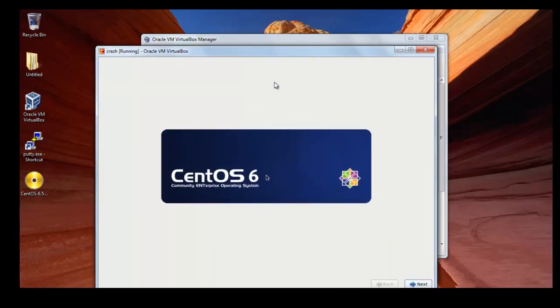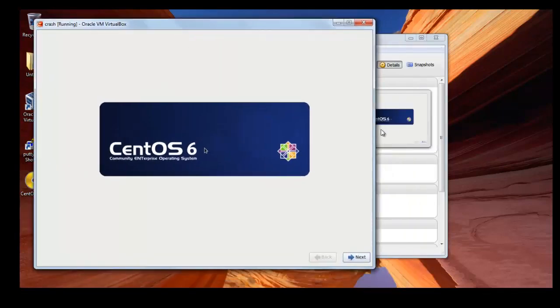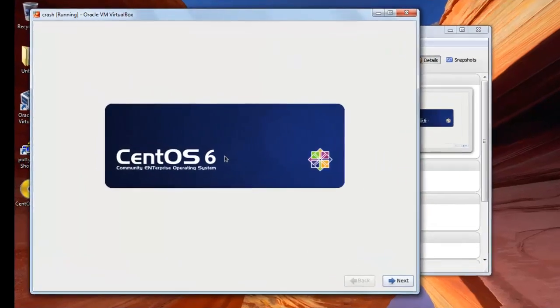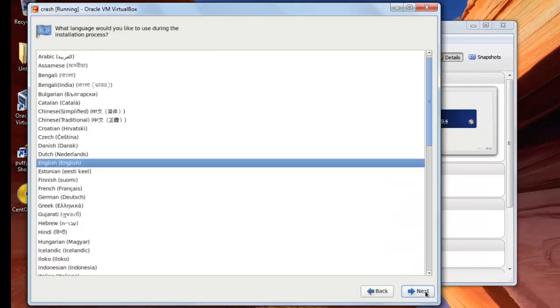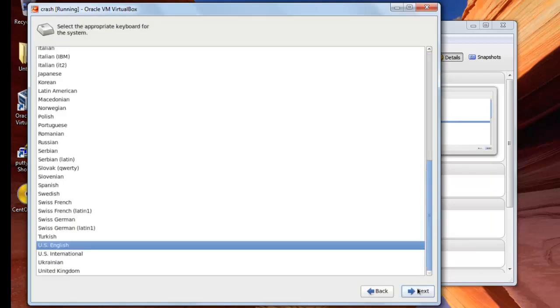I'll make it a little bit larger so that you can see. Now I'll press on next. I'll choose the language and then next, and from here you choose your keyboard. I'll leave it at English, press next,